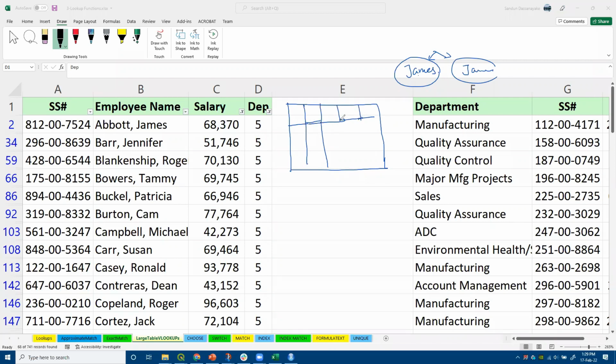Let me show them like this. Refer to these boxes or squares as isolated instances. This one little box, or cell, indicates James, and his number is this one, and so on. Inside this box, you have other properties as well. If I zoom into this one, the name is James, and then he has a salary and a certain department. So when I select department number 5, what happens is all the